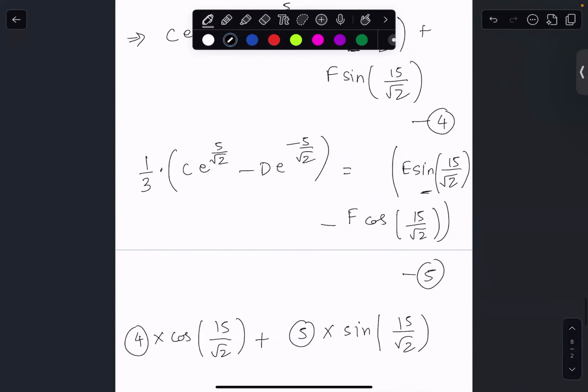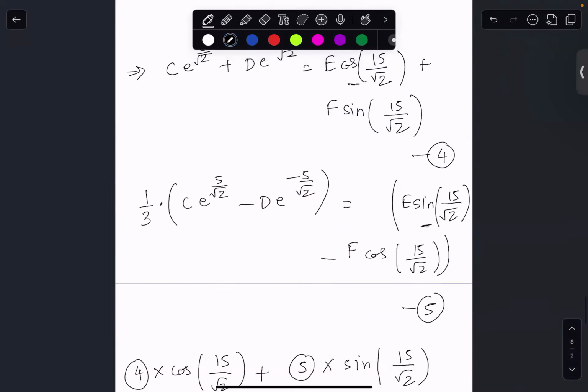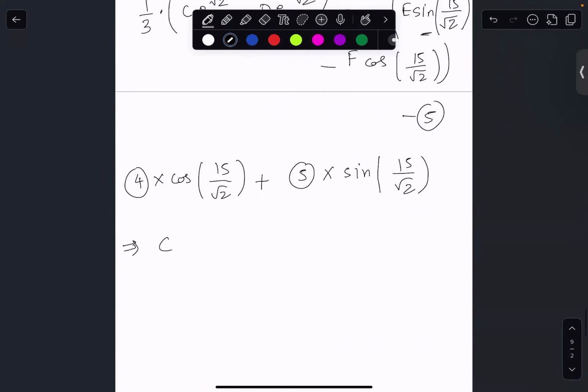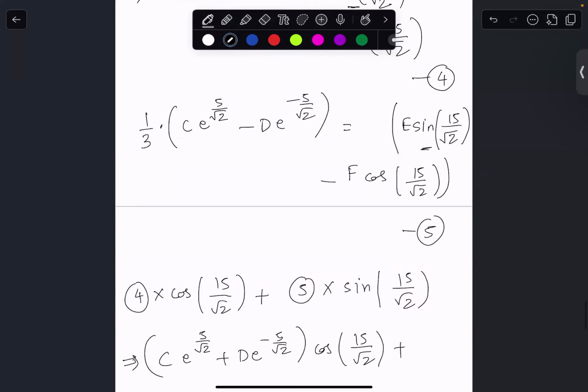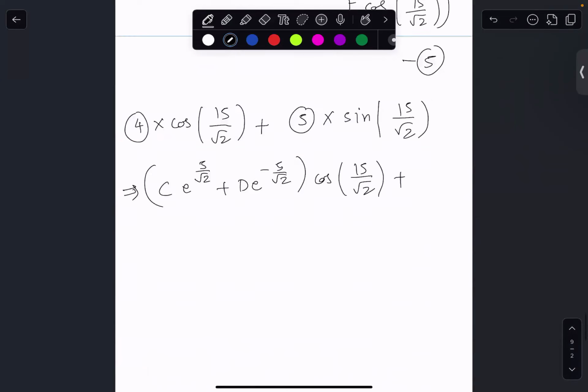So on left hand side we have C e to the power 5 upon square root of 2 plus D e to the power minus 5 upon square root of 2 times cos of 15 upon square root of 2 plus the left hand side here gives me 1/3 C e to the power 5 upon square root of 2 minus D e to the power minus 5 upon square root of 2 times sine of 15 upon square root of 2 equals,